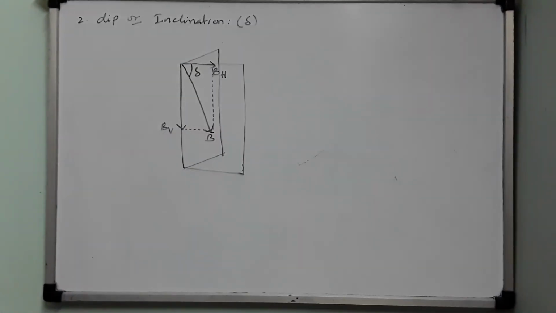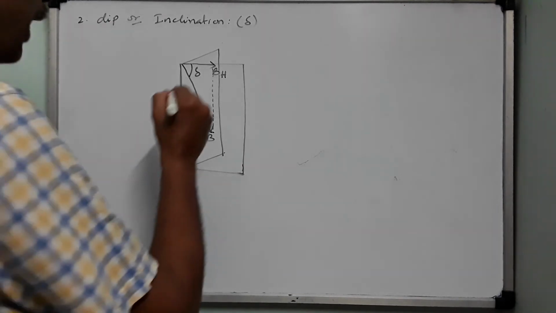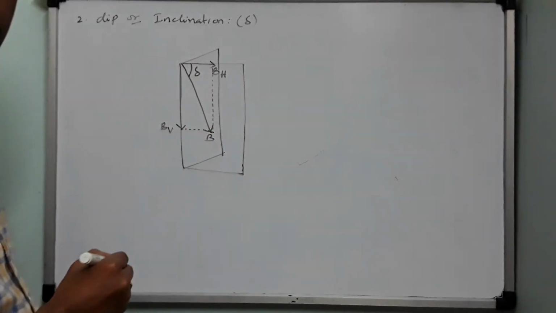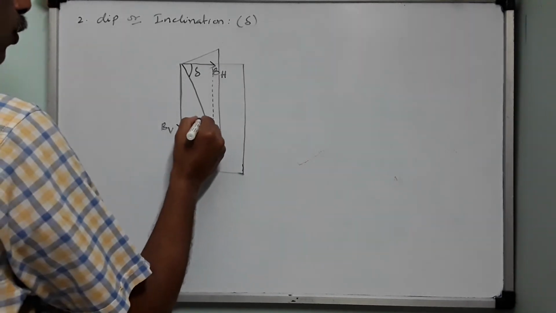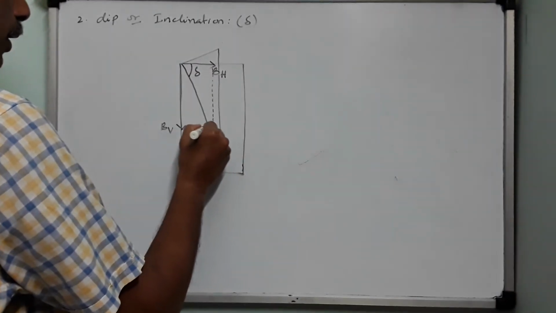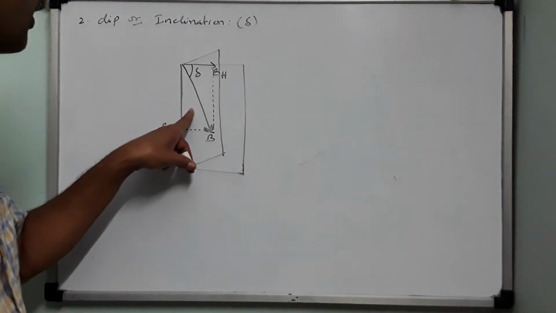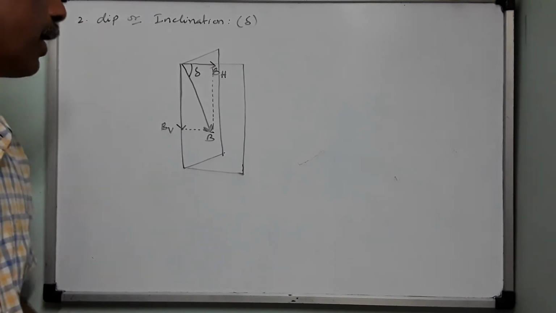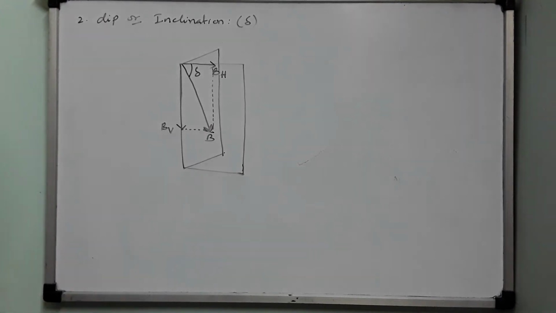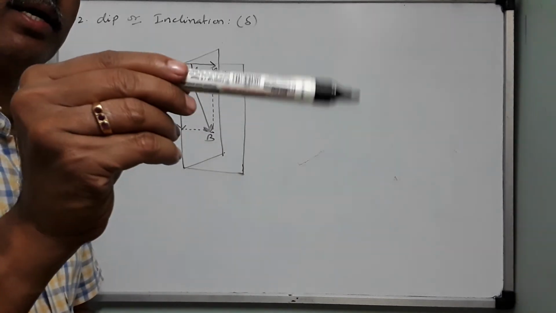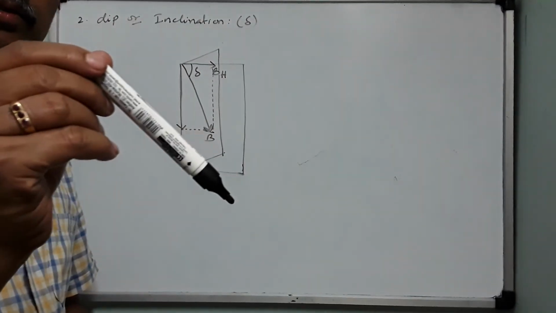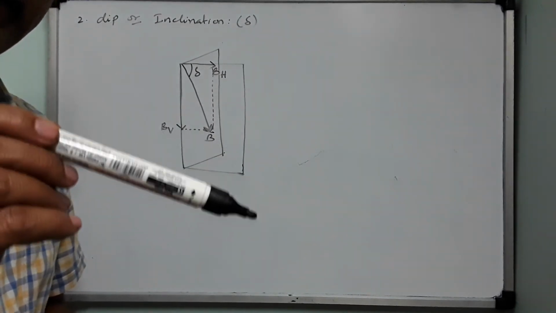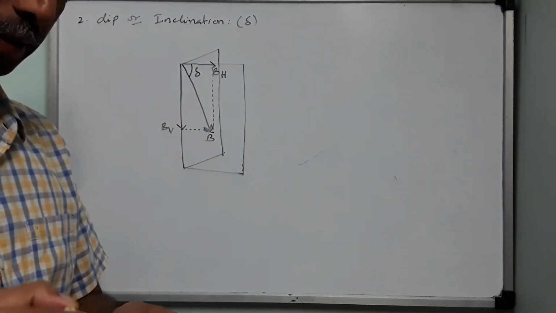Okay, right. So therefore, the angle made by the dip needle, or the angle made by the total magnetic field with the horizontal direction, is known as dip or inclination. Why does a dip occur to a magnetic needle? Dip occurs because the net magnetic field of the earth is not horizontal, it is like this. So remember children, a dip needle measures the total magnetic field of the earth.